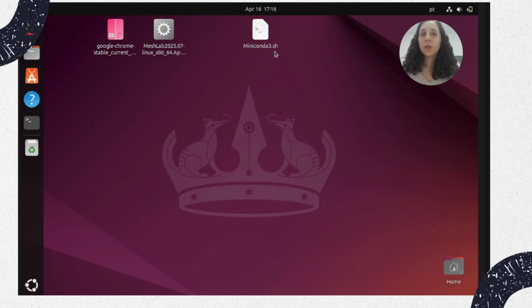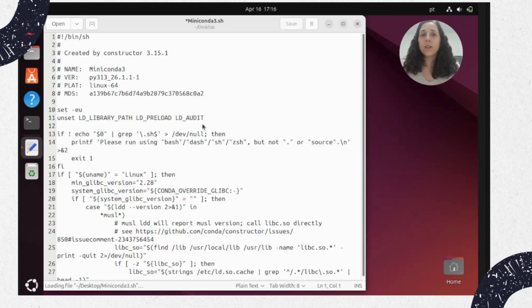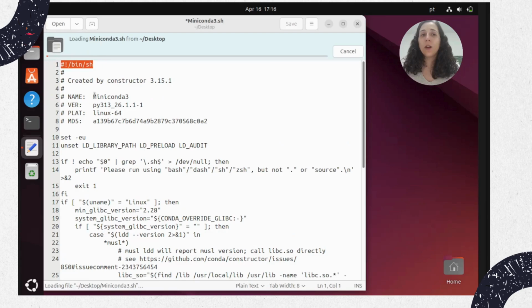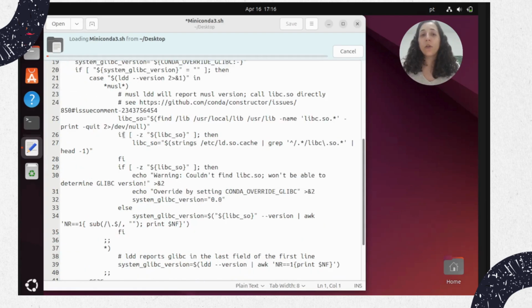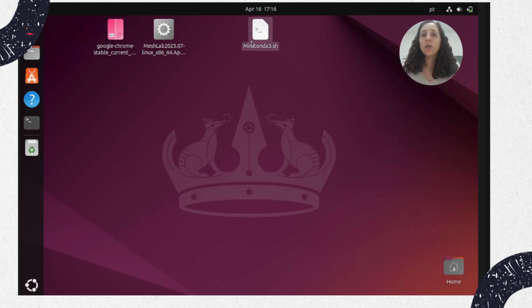It's called miniconda.sh. So basically this will install Miniconda, which is a smaller version of Conda. We can even open it to see its contents. We can see it's a bash file, and there's a series of commands that will be executed to actually install Miniconda itself. But we don't actually need to read it or understand it, because we just need to execute